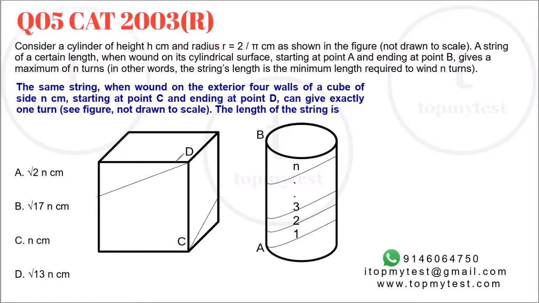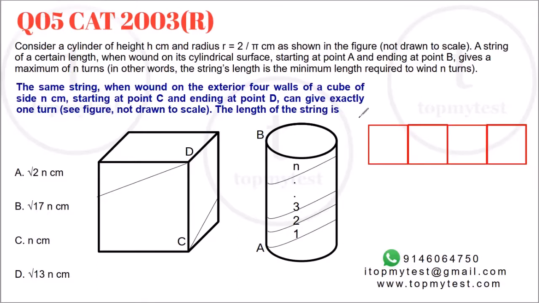Now if we were to break open this cube and flatten it, it will look something like this. So you'll have DC, let's call it, then you go A, B, X, Y, Z, W, right? So the string will go like this. Then you have A, W, then it will go to B, Z, then it will go to X, Y, and finally D, C.